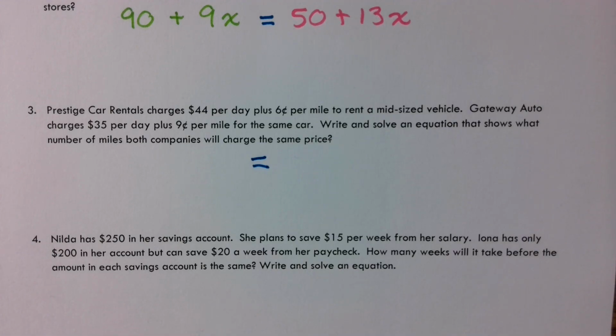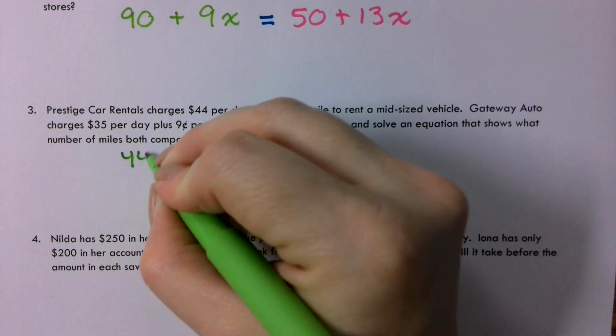We're just solving for per mile. Yeah, so it's $44 for the day, right? We're just going to be renting for the day. So based off of that, what mileage are they going to be the same? So that means that the day charge is going to be the same. Okay? So it should just be 44 plus